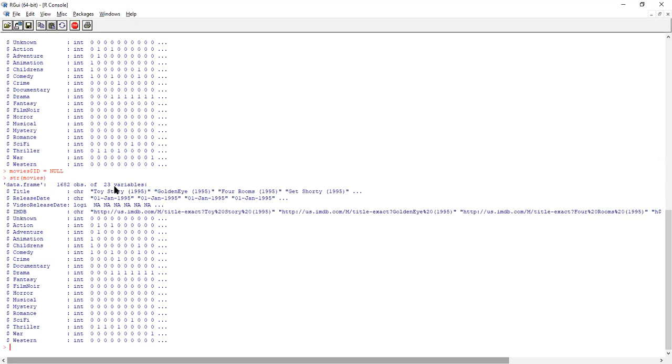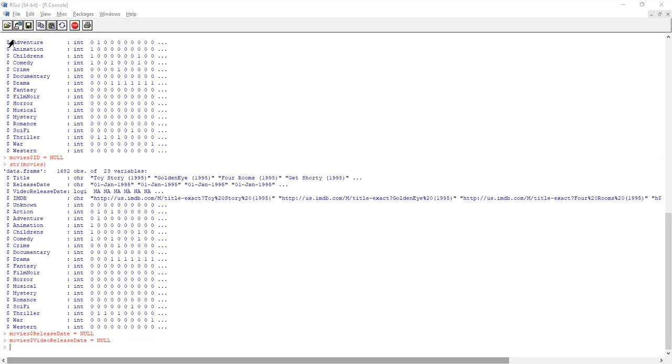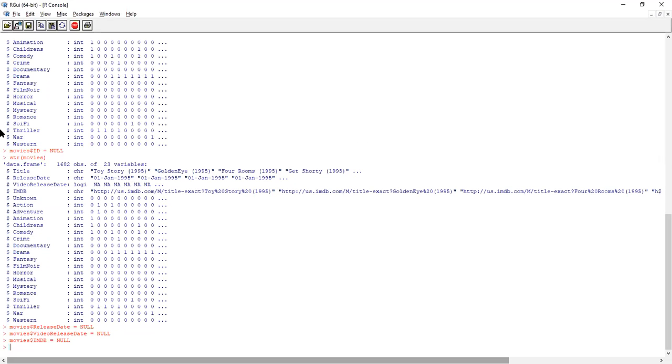Similarly you can remove other variables: movie release date, movie video release date, and IMDb URL. I don't want these. Up to this you do it. So how many variables now? We removed 4 variables, so 20 variables will be there. These are the cleaning steps you have to do, because unnecessary variables take a lot of time to calculate. Once you complete, type in the chat window, then I'll proceed.